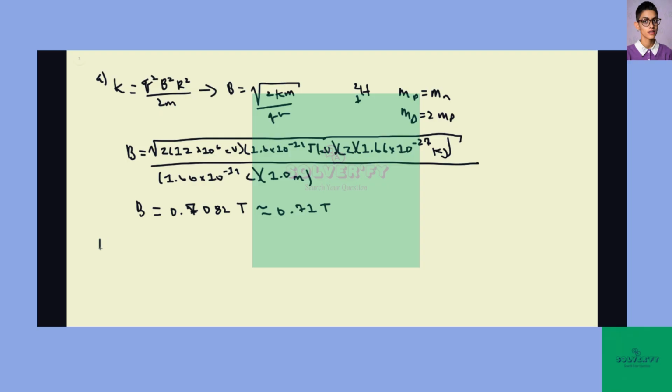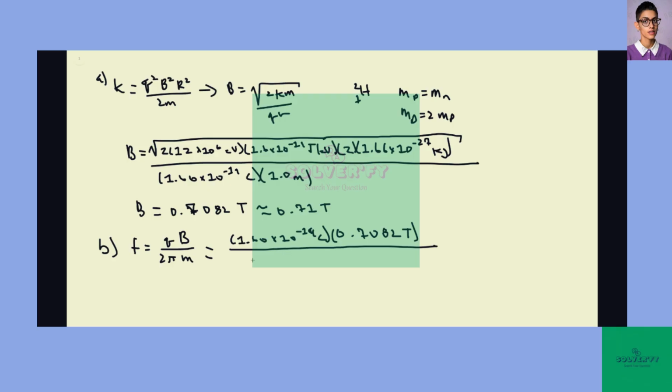So for part B, frequency is given by the charge of the particle times the magnetic field that you're trying to generate, divided by 2 pi times the mass of the particle, which is equal to 1.60 times 10 to the minus 19 coulombs, times the magnetic field, which we figured out right here, 0.7082 Tesla, divided by 2 pi